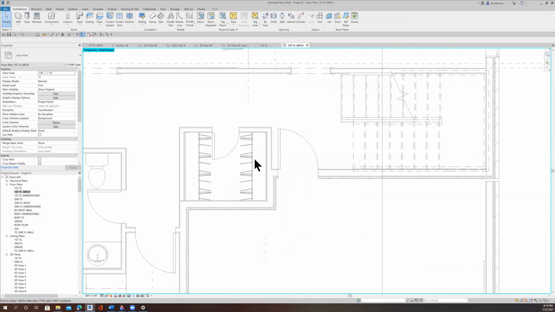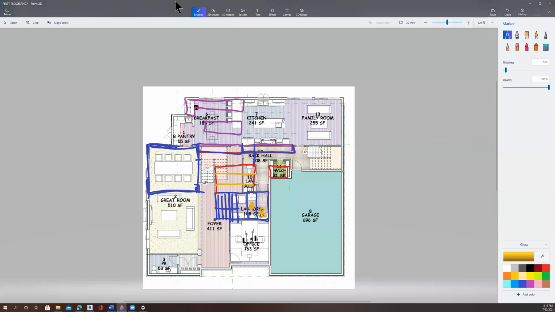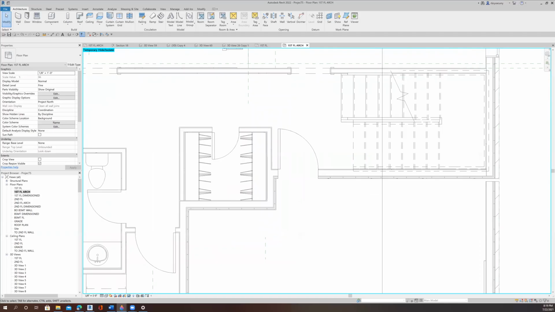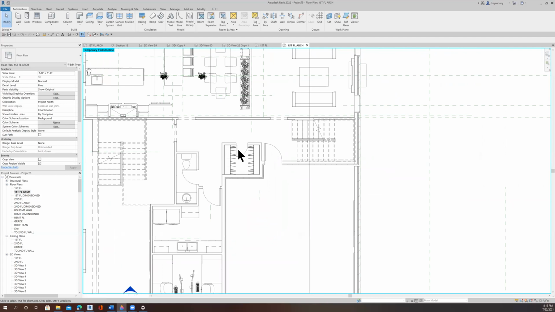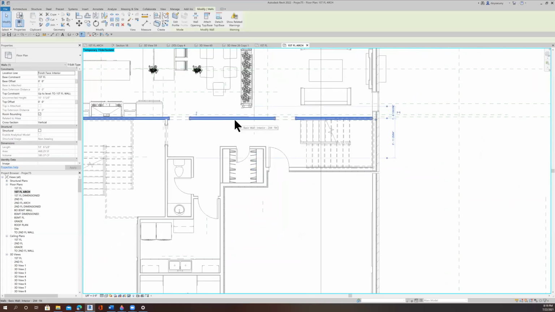So what did I say? I have to grab that sketch again. Grab that and drag it over to another screen, so I have a look at both of what I'm thinking about doing in the sketch and then what I'm actually doing. Okay, so let's see. I think I want to move this first. So if I take this wall and move it down 2 feet,